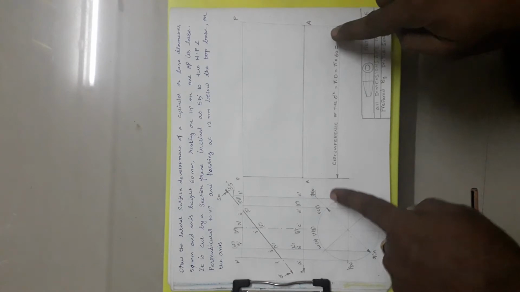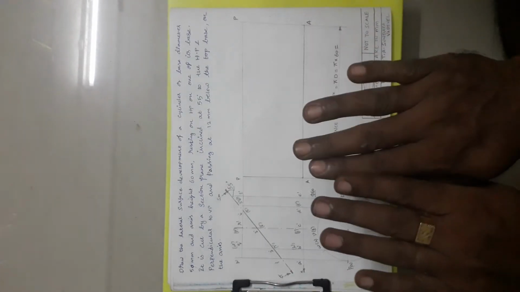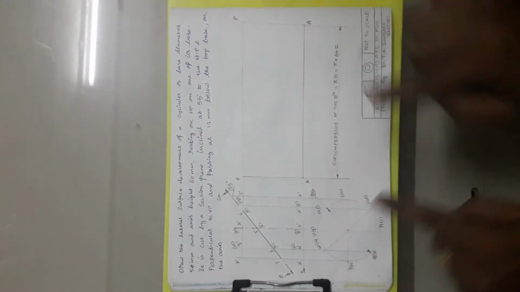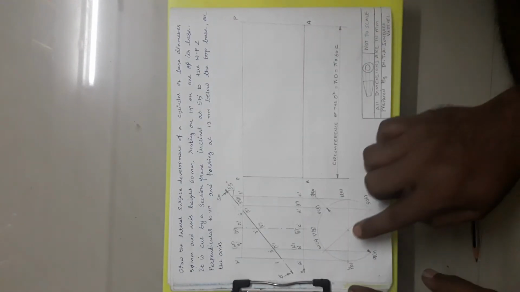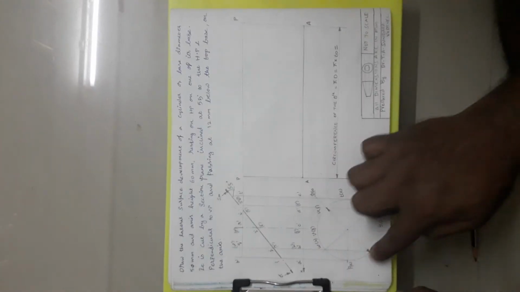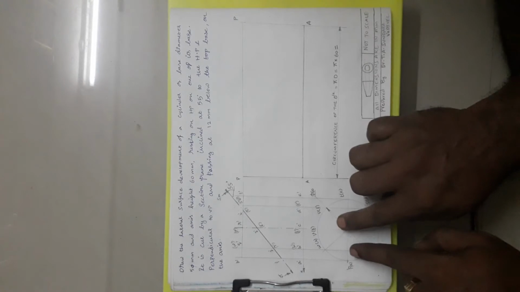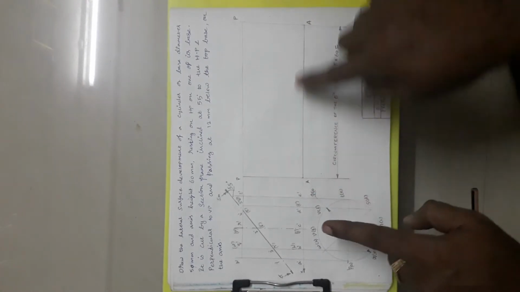That rectangle I have drawn here, and this length will be equal to the circumference of the circle. When we are unwinding it, that circle is being made into a straight line. So when we unwind it, this length will be equal to the circumference of the circle. Now we have 8 divisions here. That circle is divided into 8 divisions. So all the 8 divisions we have to make in this line.